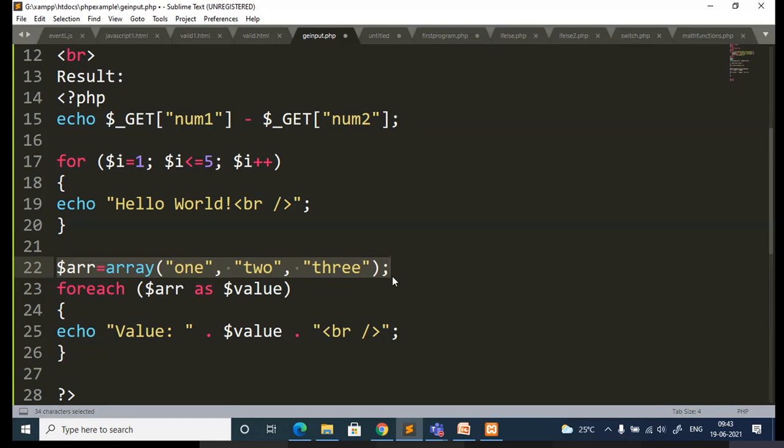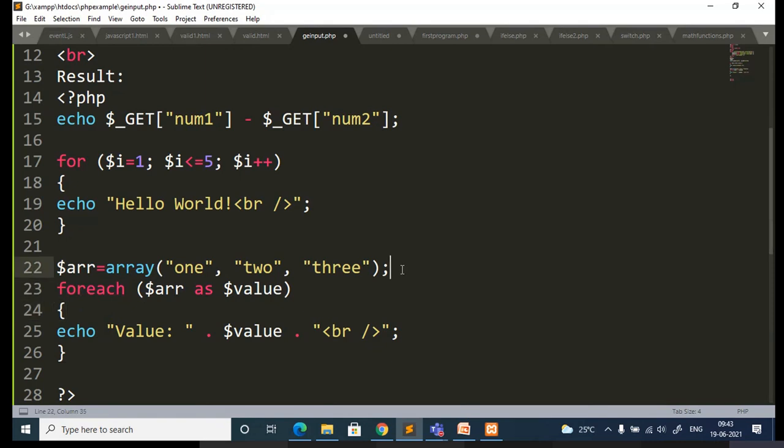Next, after this, I will be explaining how to manipulate this array. What functions can be used, similar to how I explained in JavaScript. What functions does it support? So here, why I have gone to arrays is to explain how foreach works.